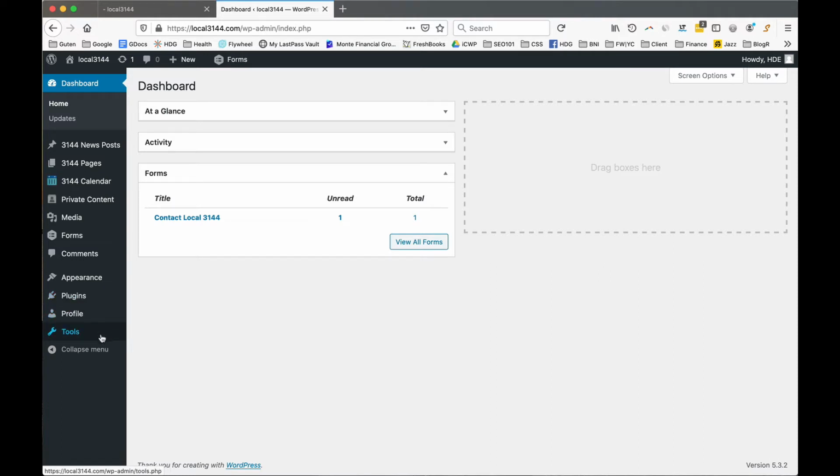And profile and tools. One thing that's missing out of here that has to be reset is the users. So we'll have access to the users on the site to know who's there and be able to control the admin of adding people or not. So that's a quick run through of the